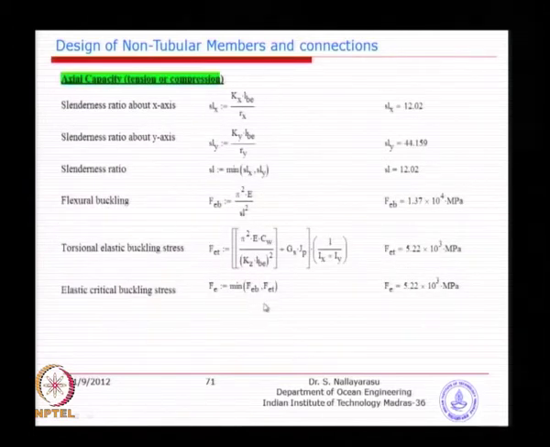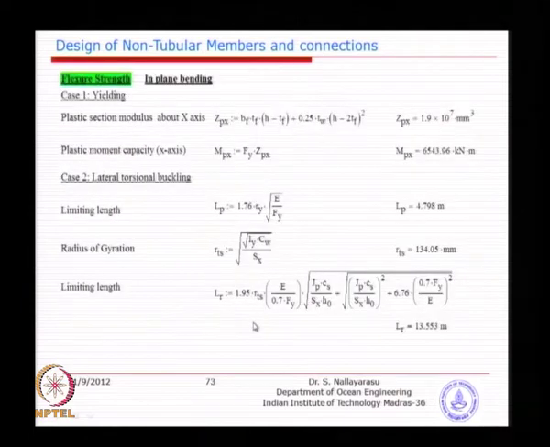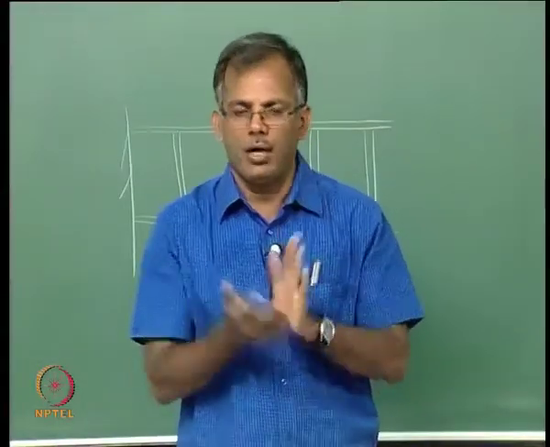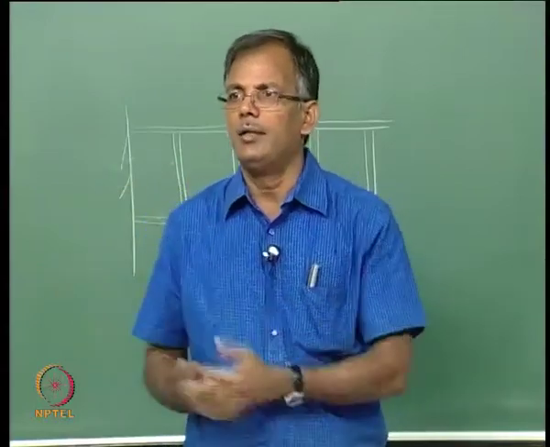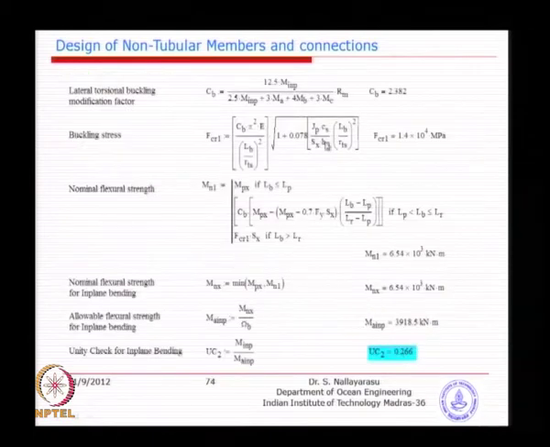Then we reviewed yesterday these axial stress calculations, and in this case it is tension, and basically the unity check ratio is P divided by P A. Similarly, for flexure in plane bending, and yesterday we reviewed the buckling parameter, L B is 2.5 meter. So, you calculate L R and then L P and find out which category of allowable stress. So, automatically you calculate the F C value, calculate the moment capacity, and then the unity check is so much.